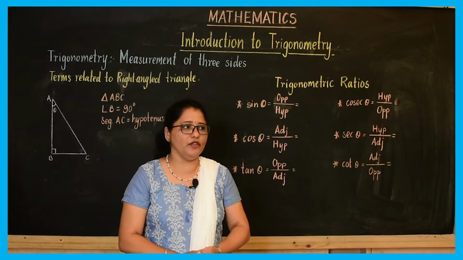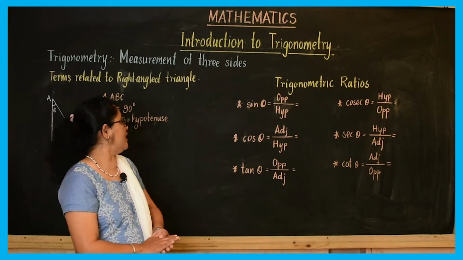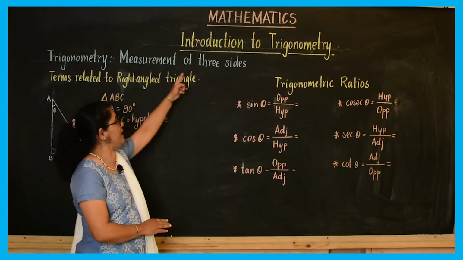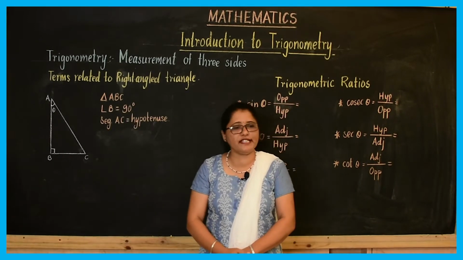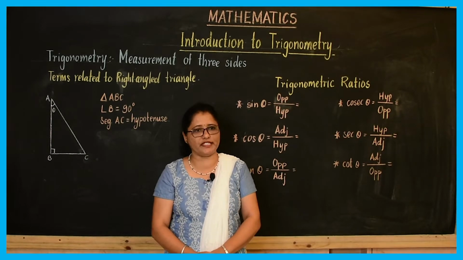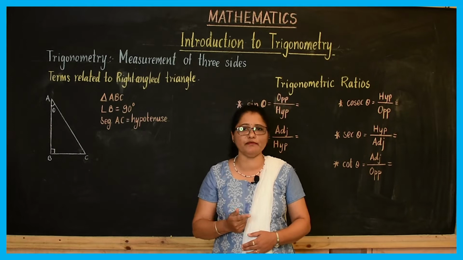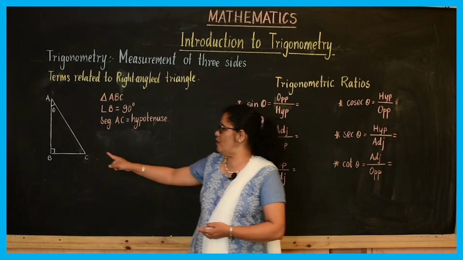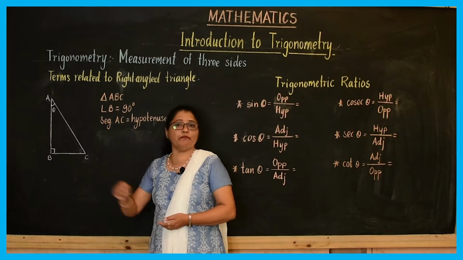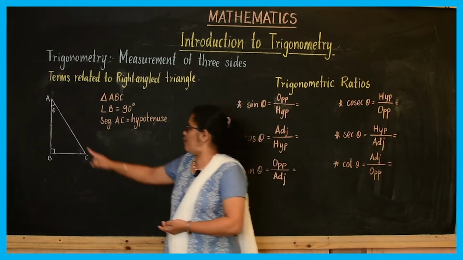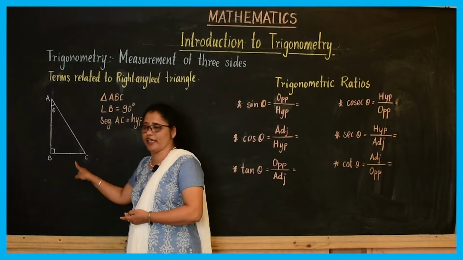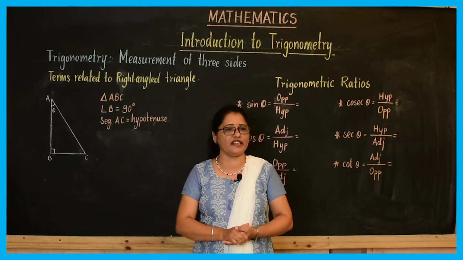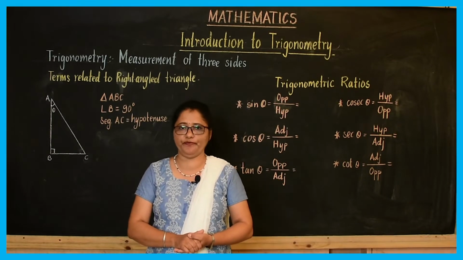Trigonometry is a Greek word where tri means 3, gona means sides and metron means measurements. So trigonometry will mean measurement of 3 sides. The basics of trigonometry begin with 3 terms: right angle triangle, Pythagoras theorem and similar triangles. A right angle triangle is a triangle in which one of the angles is 90 degrees. Pythagoras theorem states hypotenuse square is equal to side 1 square plus side 2 square, and similar triangles are those in which the corresponding elements are in proportion.